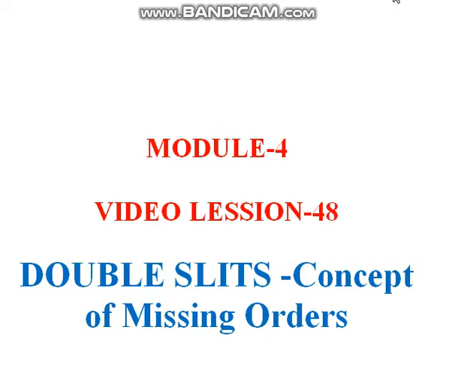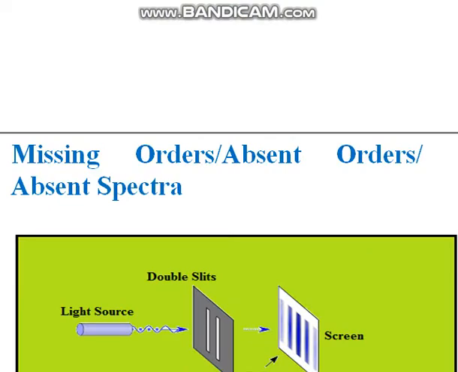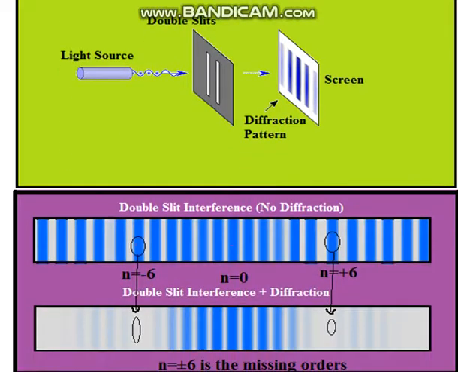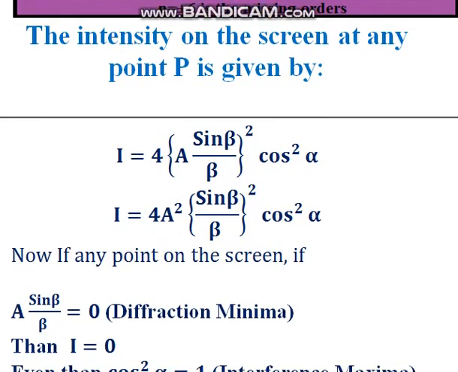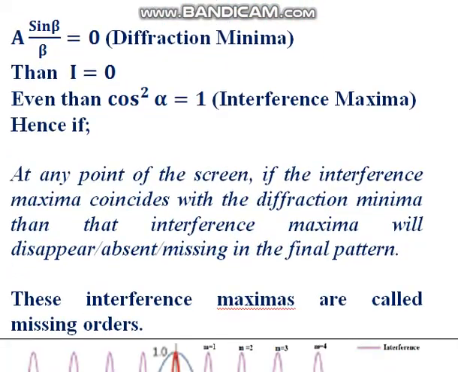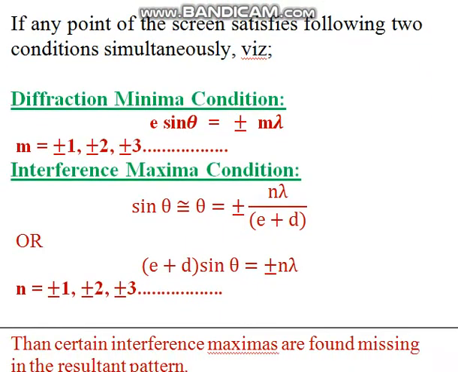Hello everyone. So we are discussing the concept of missing order in the double slit diffraction pattern. This is the effect in which some interference maxima are found missing under certain circumstances. Okay, so to obtain the mathematical condition of the missing order, we divide the two equations, one for